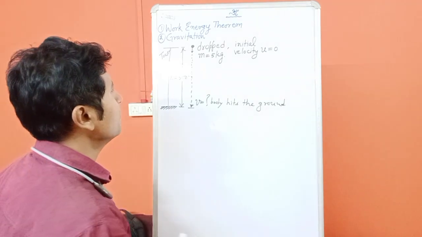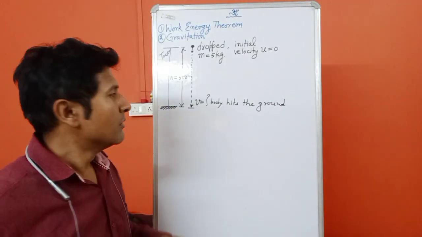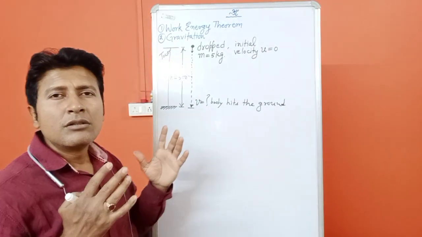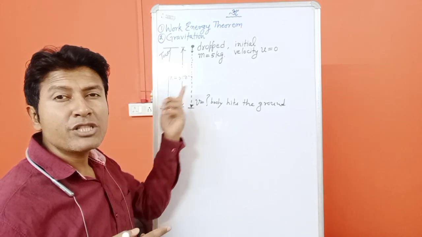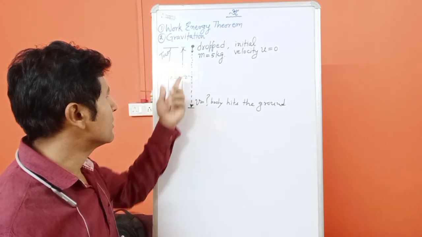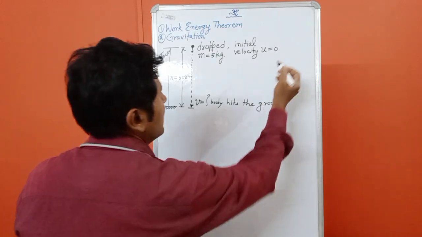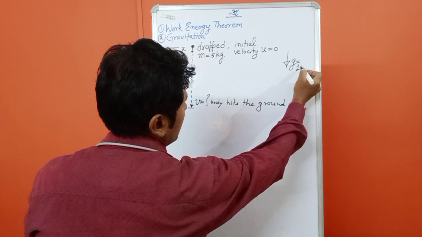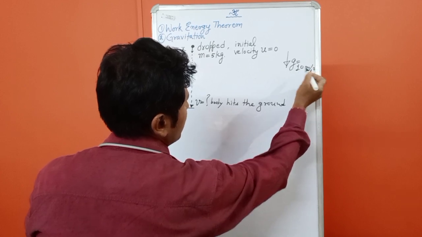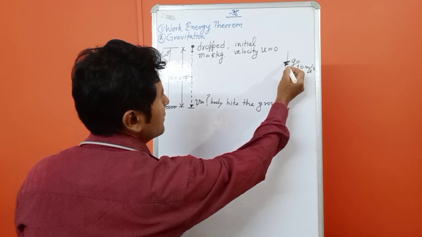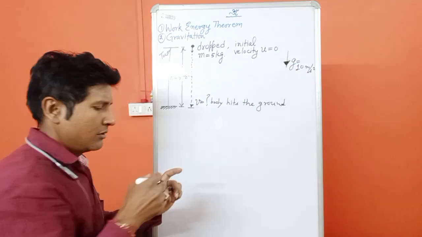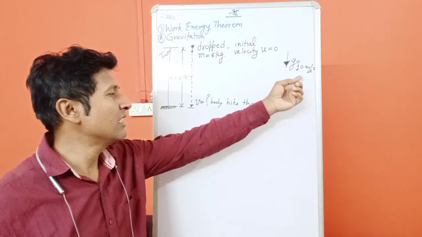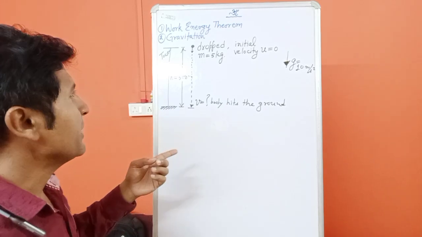Now work energy theorem means, first of all you need to understand which force is acting on the body. Are you getting? If the gravity has been given, g is equal to 10 meter per second square, right? This is the gravitational acceleration. This point is clear? This is nothing but gravitational acceleration. It has been given as 10 meter per second square, right? Now